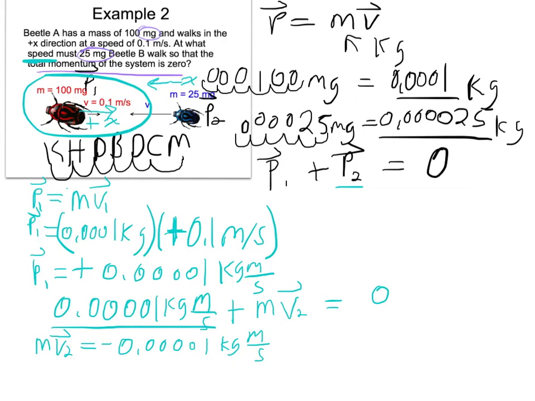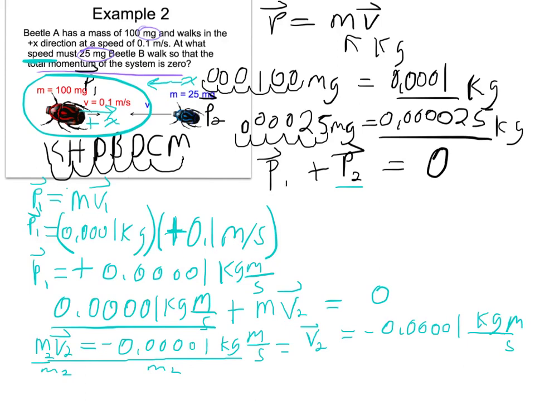Okay, that's m2, we need to divide, so let's divide by the mass of bug 2 on both sides, divide by m2, and I get v2 equals negative 0.00001 meters per second